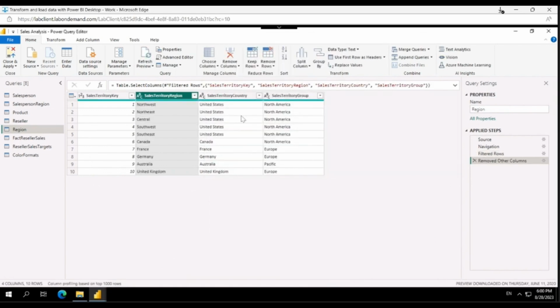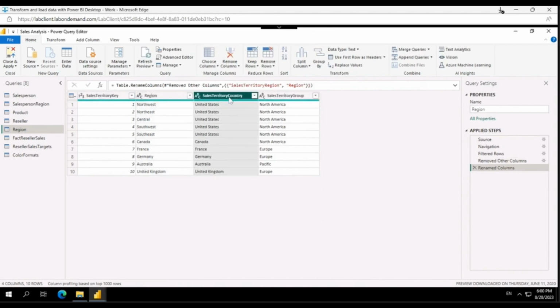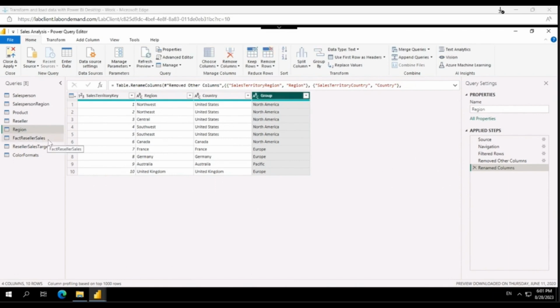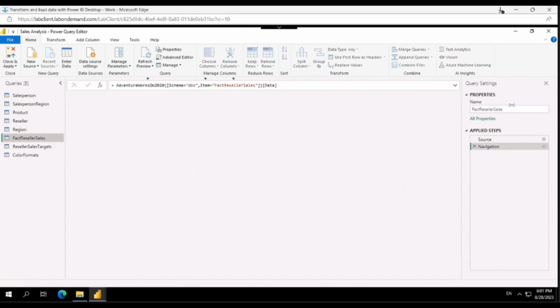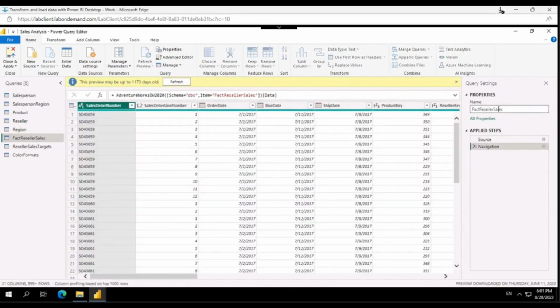There you go. We'll just do some renaming as well in this one. So sales territory region to region, sales territory country to country, and the group as well. After completing regions, we'll move to the fact reseller sales, and we'll quickly rename this table